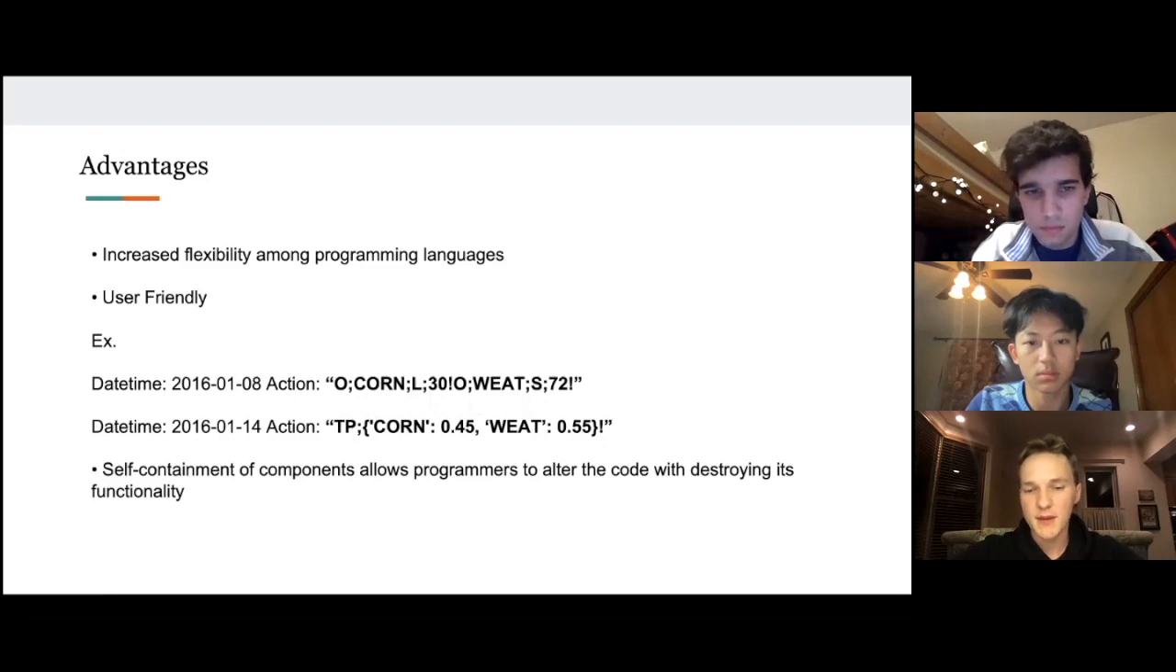This string would then be passed into the backtester, and it would execute these actions appropriately. We could also have a target percentage, where we target 45% of our portfolio in corn and 55% in wheat, which would then be executed by the backtester behind the scenes. That creates a nice way for the trader to see what's going on while also allowing for the adaptability that